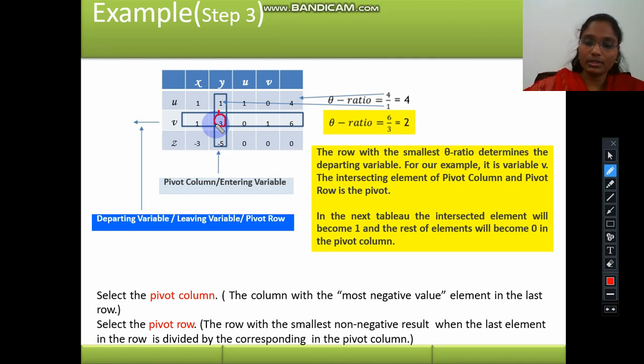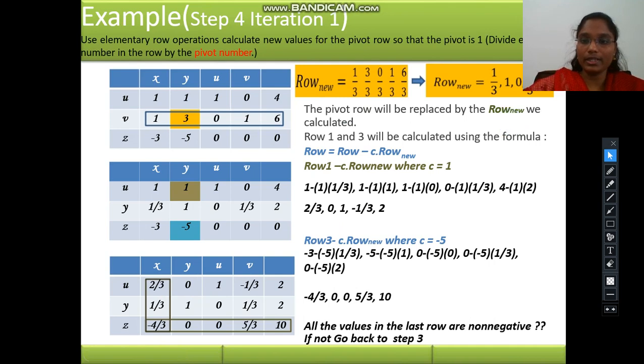So now using this pivot element, we have to update the pivot row with the new values. So how we can do that: here we can see that this is the pivot row. We have to update this pivot row with the new values so that this pivot value becomes 1. So how can we make it 1? By dividing it by 3. And not only this particular value, the entire row's values will be divided by the pivot value, so that we get the new values.